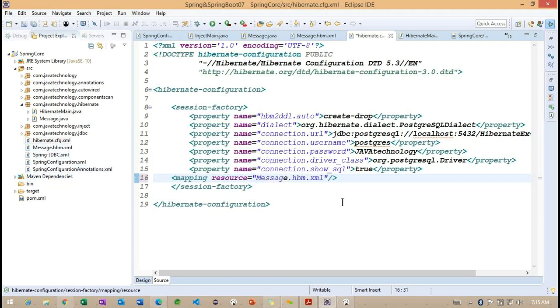So you can see message.hbm.xml. This particular file contains the table related information: what is the name of the table we are trying to create, and what are the columns. Getting the point. The columns information we specified inside this particular mapping file is what we call a Hibernate mapping file.